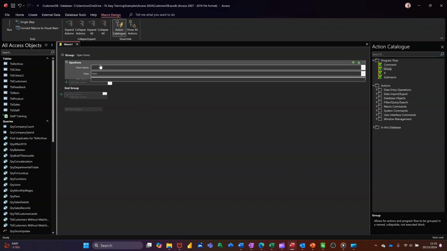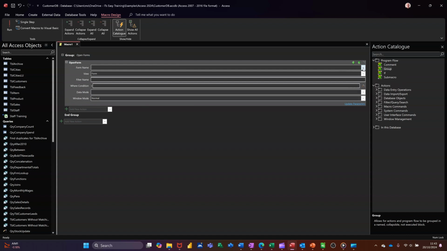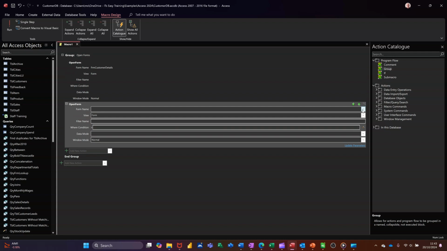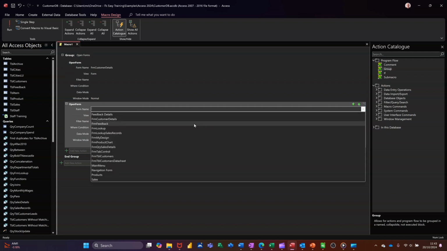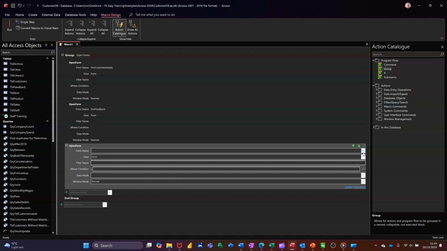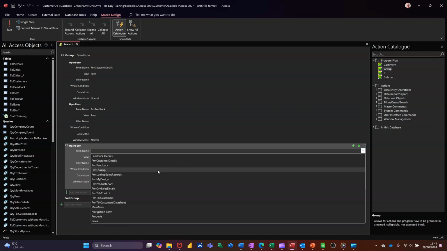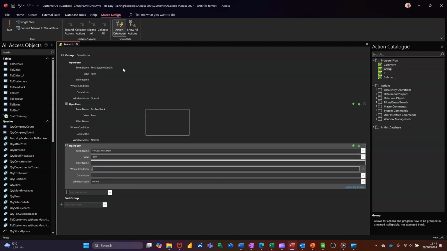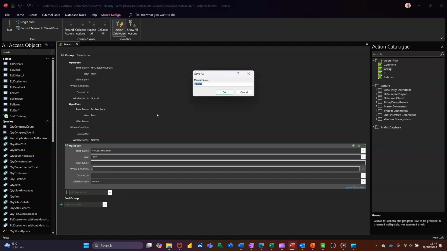So open form 1, then you just select the form. So I'm going to open customer details and then open another one. I'll open feedback. And I'll just do one more. Open form. And then you can do this for reports as well. Open another form. So we'll have sales details, those 3. So save that, call it MCR group,